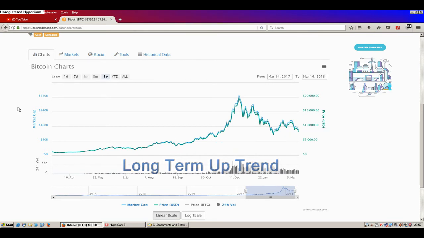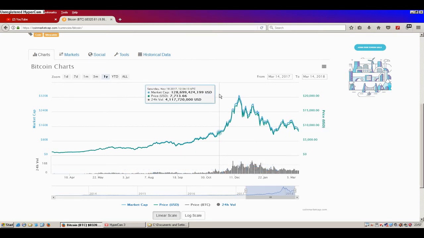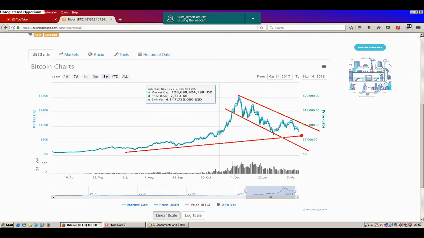Right, so more recently it's been in a downtrend from here. So we've got a downtrend, and the downtrend's got a channel which is obviously trading between, and then we've got the uptrend, which is a long-term trend,